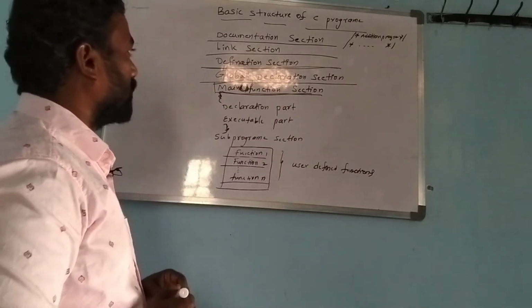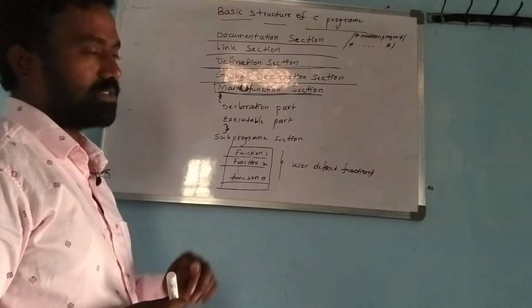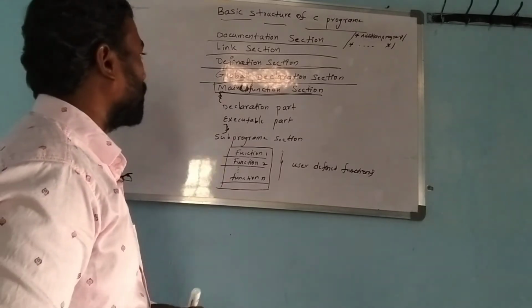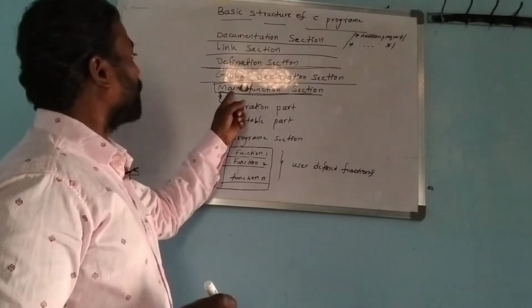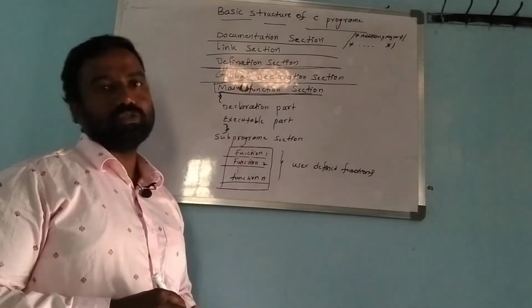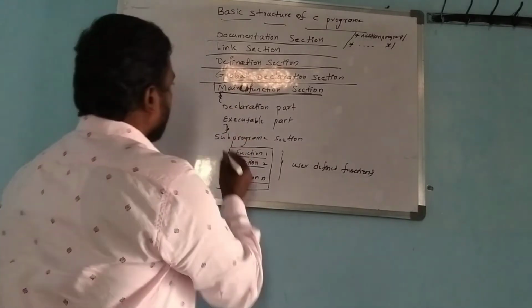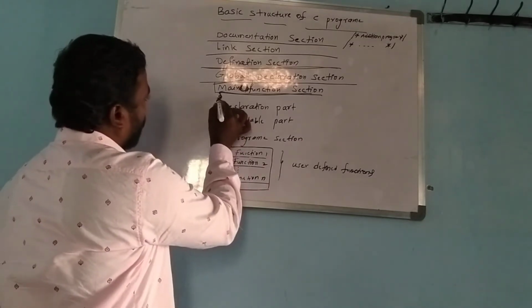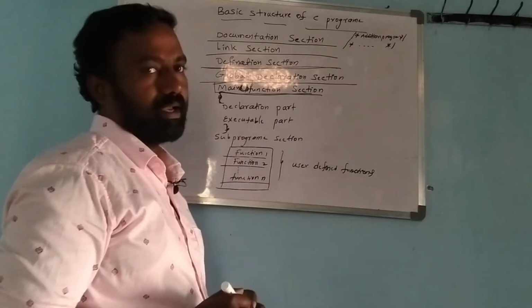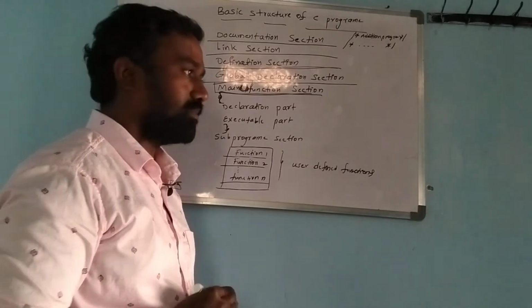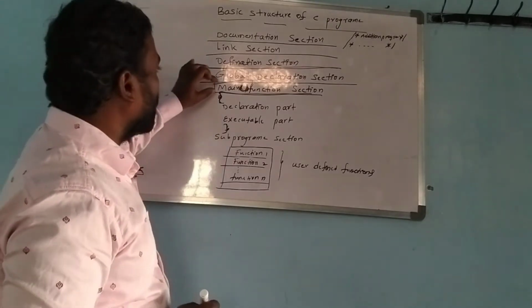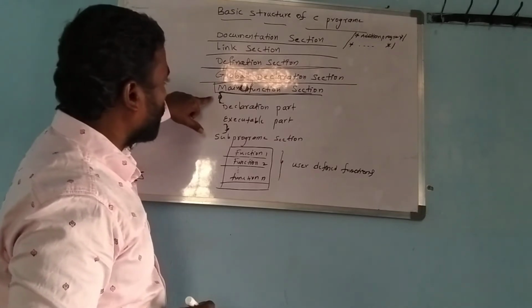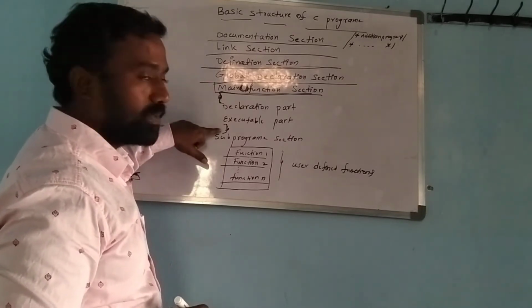After the main function, a number of types of functions are available. This is the main function by which the C program is executed. It is indicated by using the open parenthesis and close parenthesis, right? After that we have an open brace, or we can say bracket or brace. Within this main function we have two, one is the open brace and the second one is the close brace here.